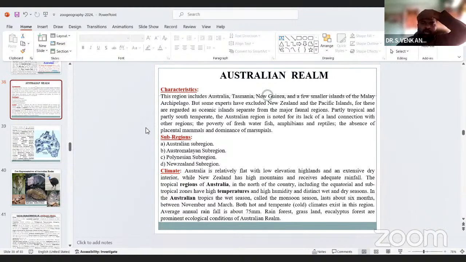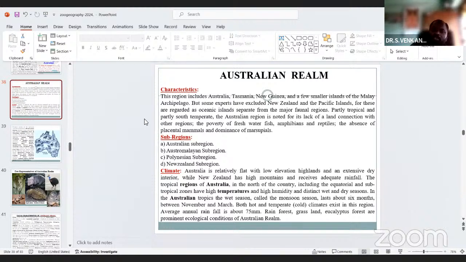Partly tropical and partly south temperate, the Australian region is noted for lack of land connection with the other regions, for freshwater fishes, amphibians, and reptiles, and for the absence of placental mammals and dominance of marsupials. This is very important for this particular region, like the kangaroos.